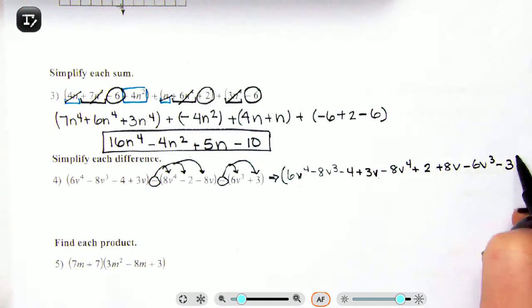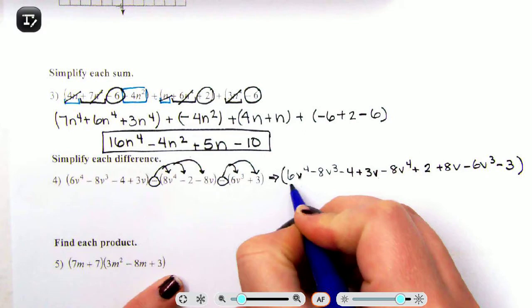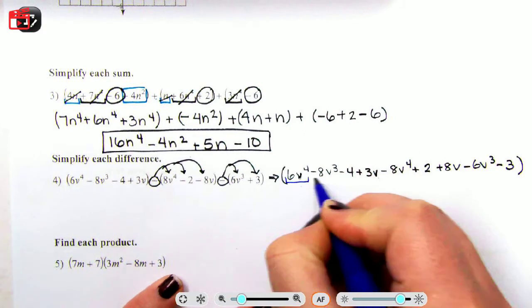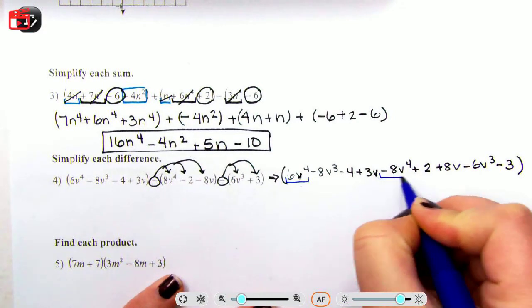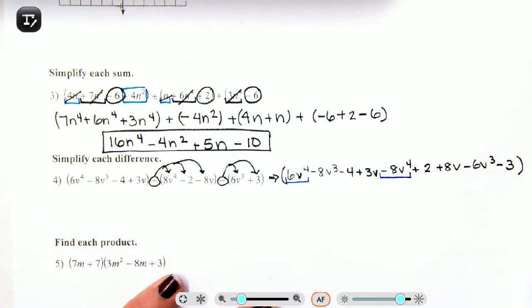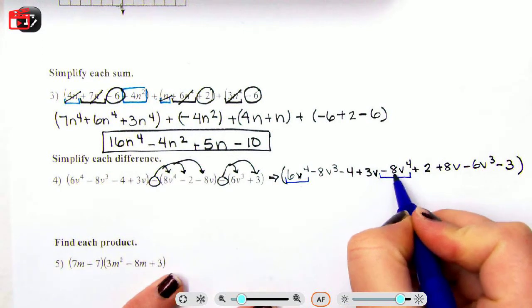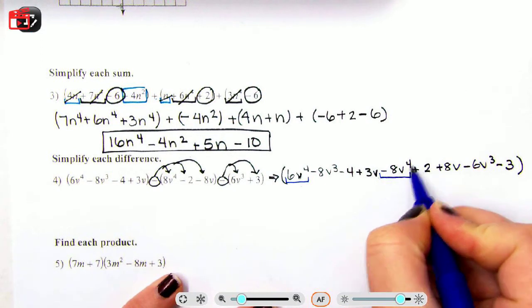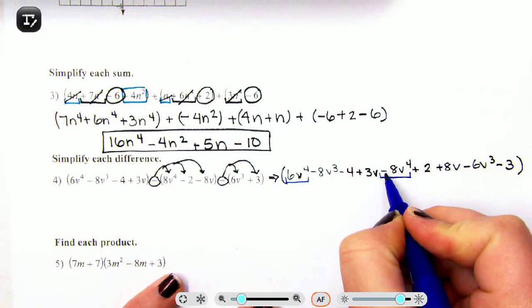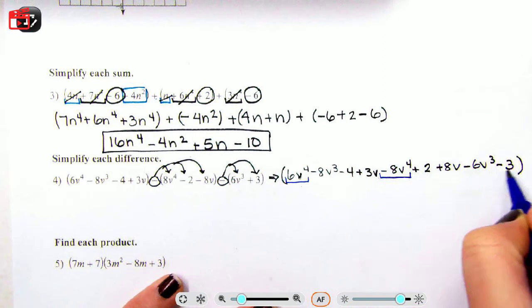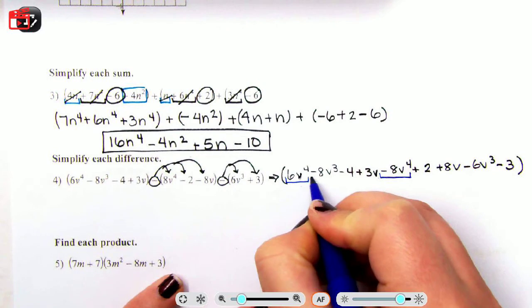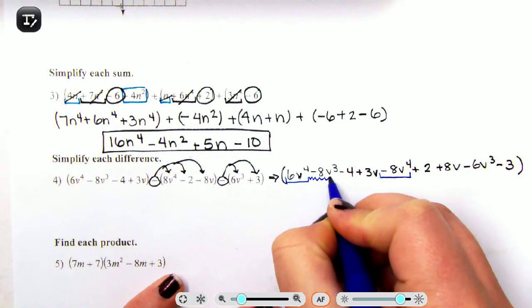And I'm going to do the same method that I did on the problem before. Now that I have distributed my negative, in that I'm going to underline, highlight, box. So I have my v to the 4th. Here's another v to the 4th. Now here's something I want to address: you always grab the sign with it. Notice how I'm not just grabbing 8v to the fourth, I'm also grabbing that negative in front of it because that's gonna matter. Then I have my, let's do squigglies here, cubed,